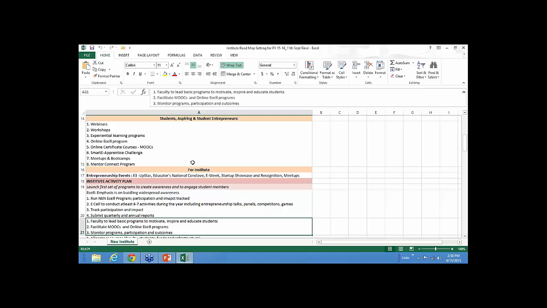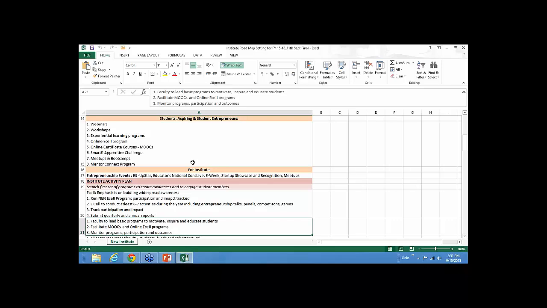You will have to actually start tracking participation impact. I really want to stress upon the fact that you need to track participation impact because what we've really observed is sometimes in doing activities and events, we get so lost. At the end of the event, we are so tired that we don't want to keep the report. Now, these reports come really handy, not only for you, but whenever you have any accreditations, whenever government wants to give you any sort of funding, all of these reports are going to be very handy. So we will also want you to share this with us for the simple reason that we want to keep